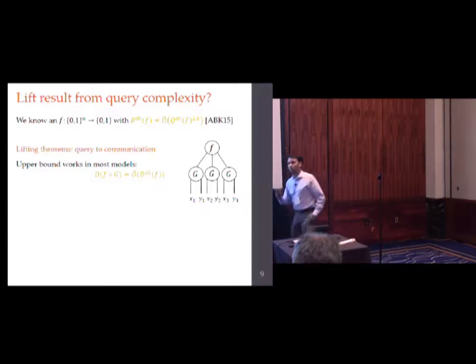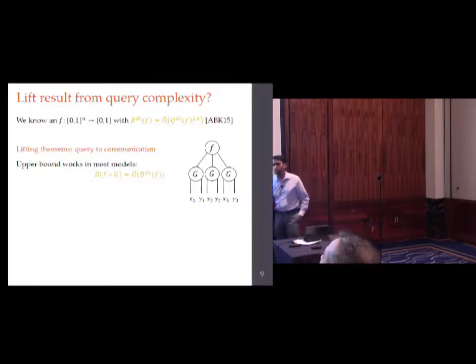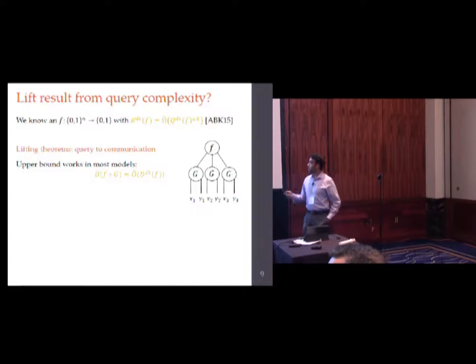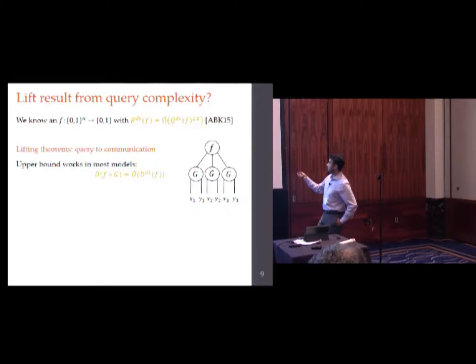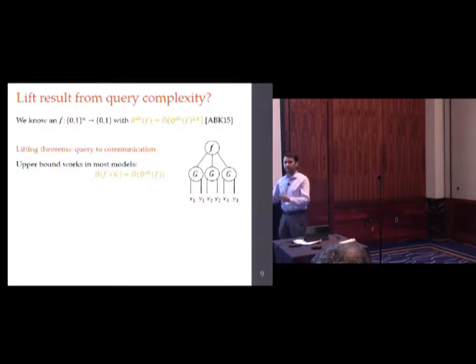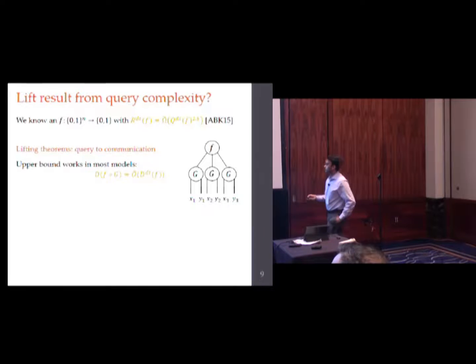This is usually true in almost every model of computation that you would care about: deterministic, randomized, non-deterministic, quantum, whatever you think about. This is always true, and the reason for that is Alice and Bob can just mimic the query protocol. Whatever was the first variable that was going to be queried, let's say this guy was going to be queried, Alice and Bob can compute this gadget. The gadget is cheap to compute, and now they both know the answer to this variable. Then they can do the next step of the query protocol and so on. So Alice and Bob can always just mimic the query protocol. So there's nothing interesting going on. The upper bound always works.